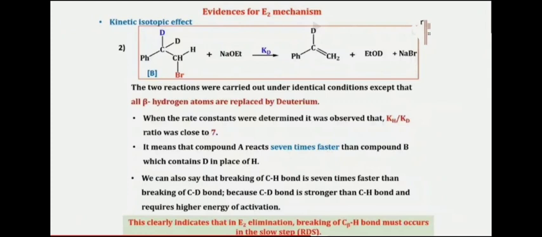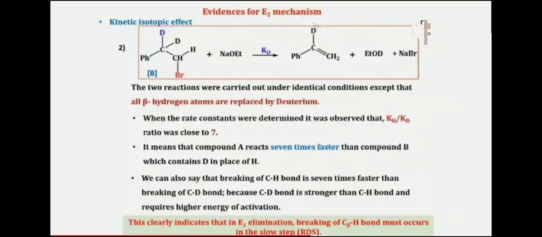Then the second reaction, the beta carbon containing deuterium. Instead of hydrogen, it contains deuterium. It is an isotope of hydrogen with a mass number of 2. So here the product contains deuterium, plus deuterium labeled alkene plus deuterium base plus NaBr. So the two reactions were carried out under identical condition, except that all beta hydrogen atoms